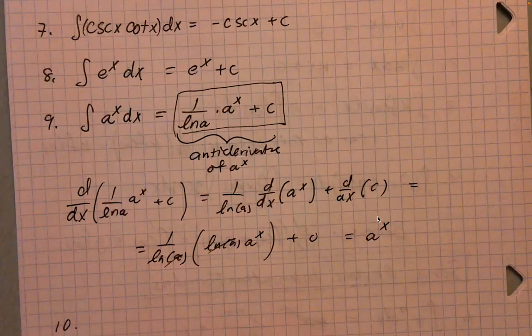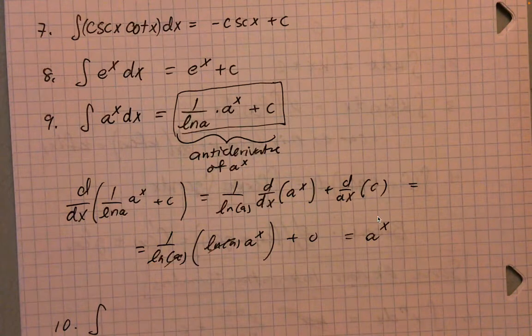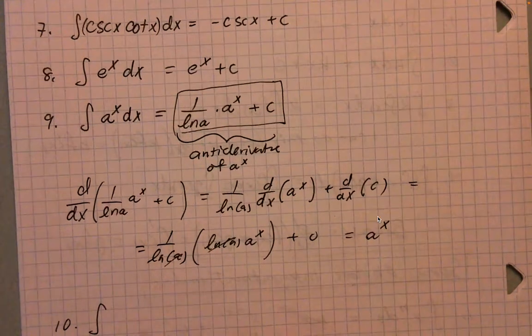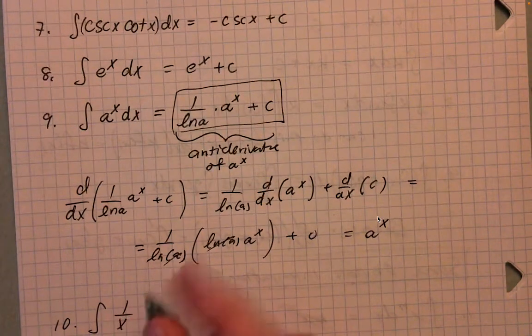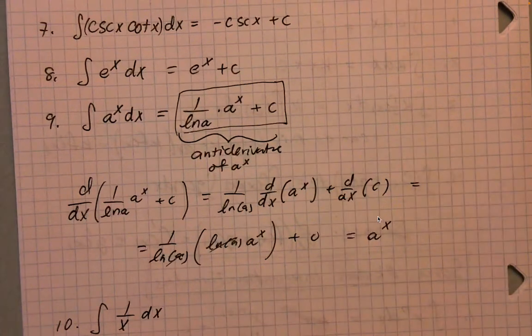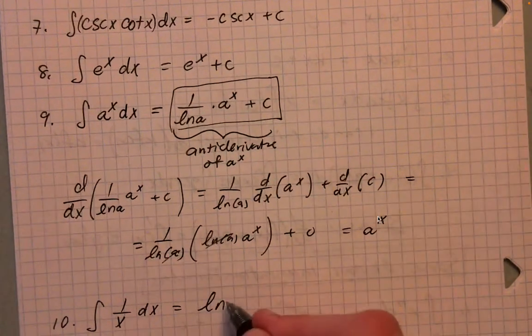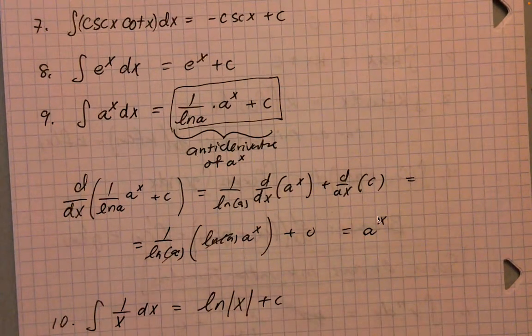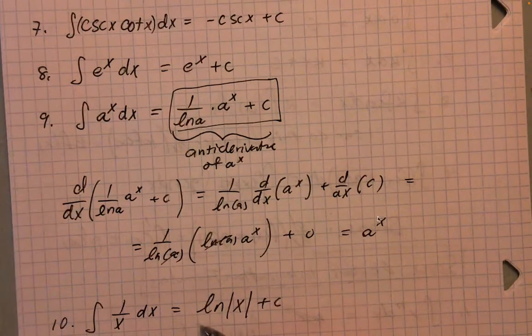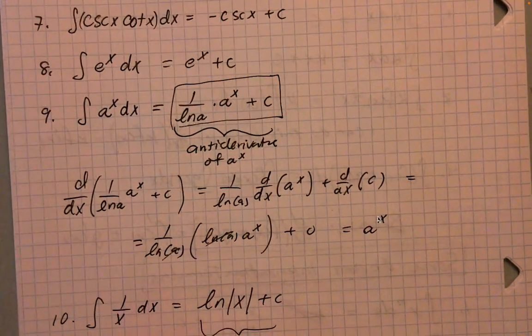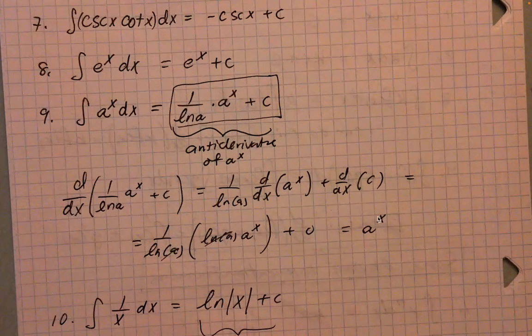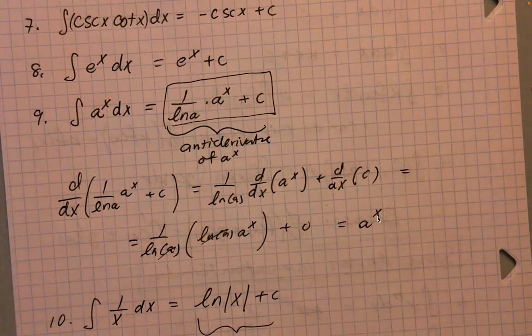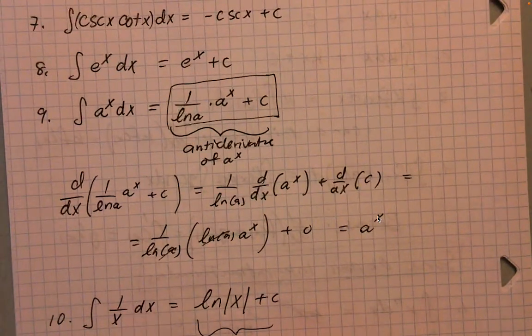And the last one we'll mention, and we'll get into this one in more detail later, is the integral of 1 over x dx. That's equal to the natural log of the absolute value of x plus a constant. Okay. And so why the absolute value? Well, remember, if we differentiate this,